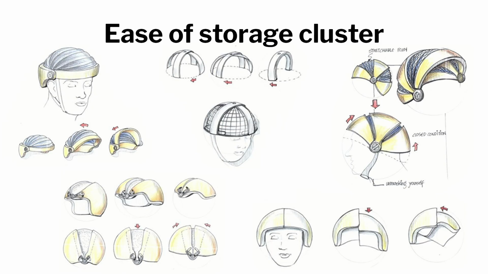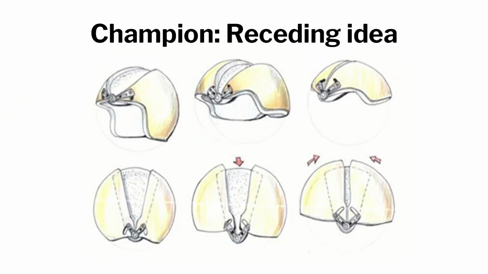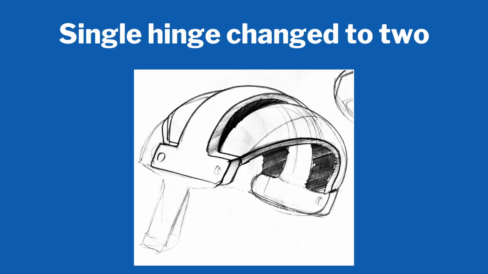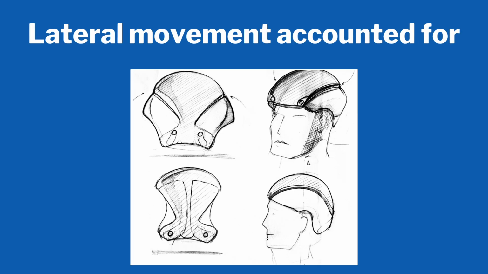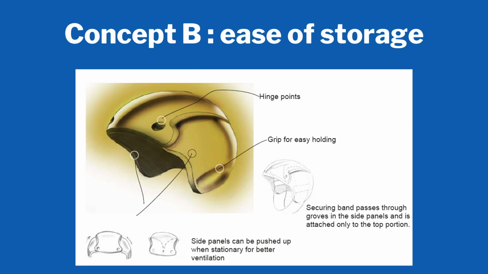So look at the ease of storage cluster. Remember these other ideas? The turning idea, the folding idea, the Greek helmet idea. In this, the student somehow selected the receding idea, amalgamated these two, and didn't take one idea alone. He said, I would like to make it very slim. So he started with this, which is part of the receding idea. He chose that as a champion and then took it forward from here. See how the ideas were developed by putting other ideas together. And then he came up with this, where you press and push both shells inside and it becomes very narrow. This is the ease of storage idea.